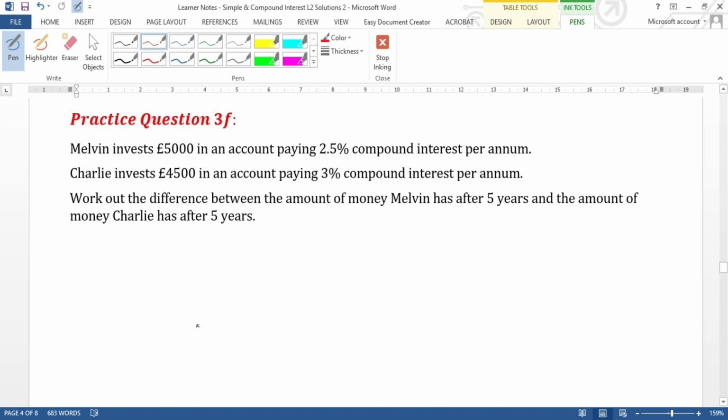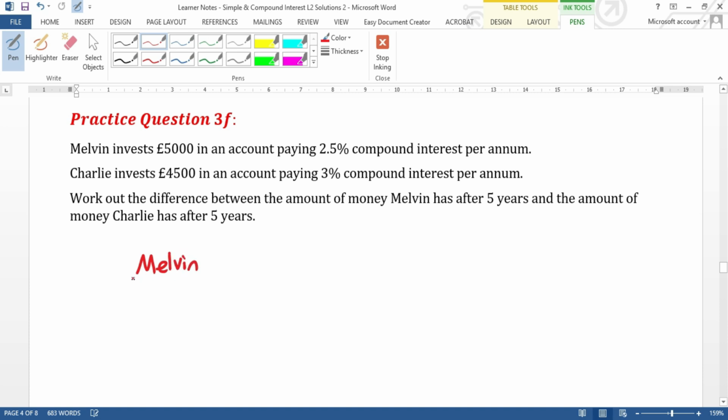Practice question 3F. Melvin invests £5,000 in an account paying 2.5% compound interest per annum. Charlie invests £4,500 in an account paying 3% compound interest per annum. Work out the difference between the amount of money Melvin has after 5 years and the amount Charlie has after 5 years. So let's work out